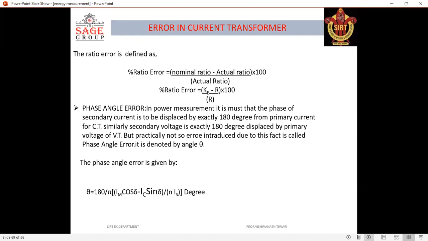Phase angle error: in power measurement, it is a must that the phase of the secondary current is displaced by exactly 180 degrees from the primary current for CT. Similarly, the secondary voltage is displaced by exactly 180 degrees from the primary voltage of VT. Practically this is not so, and the error introduced due to this effect is called phase angle error. It is defined by the angle theta. The phase angle is given by